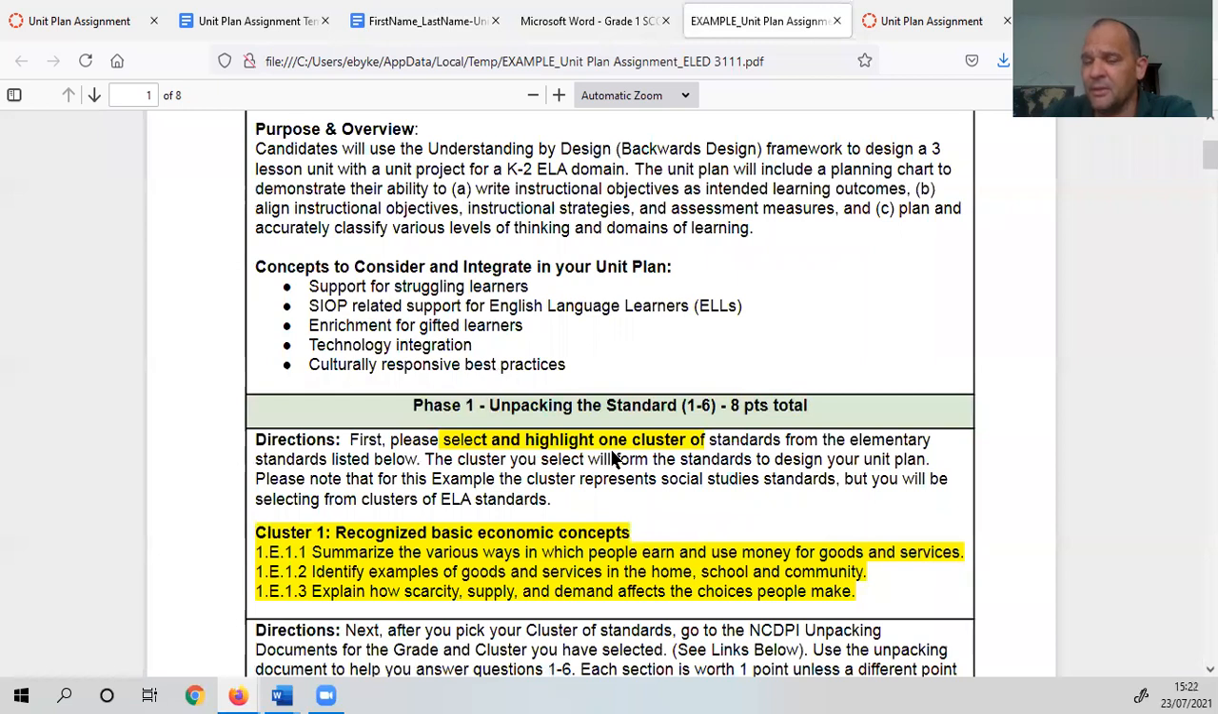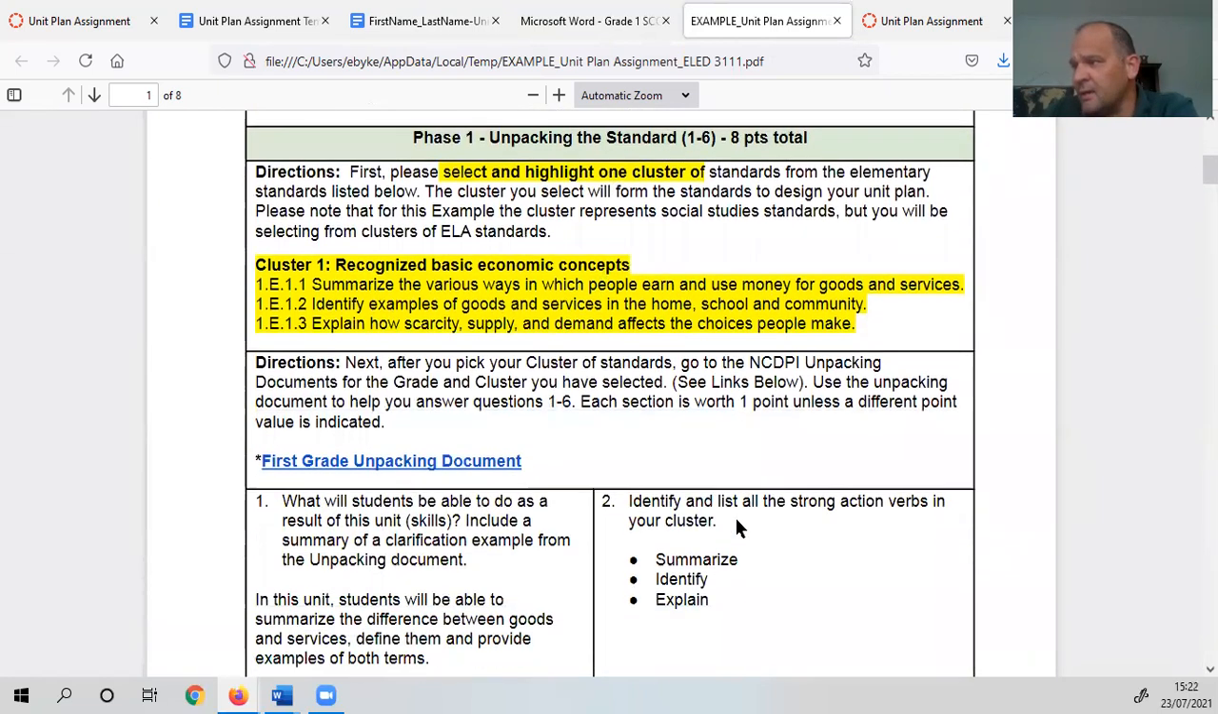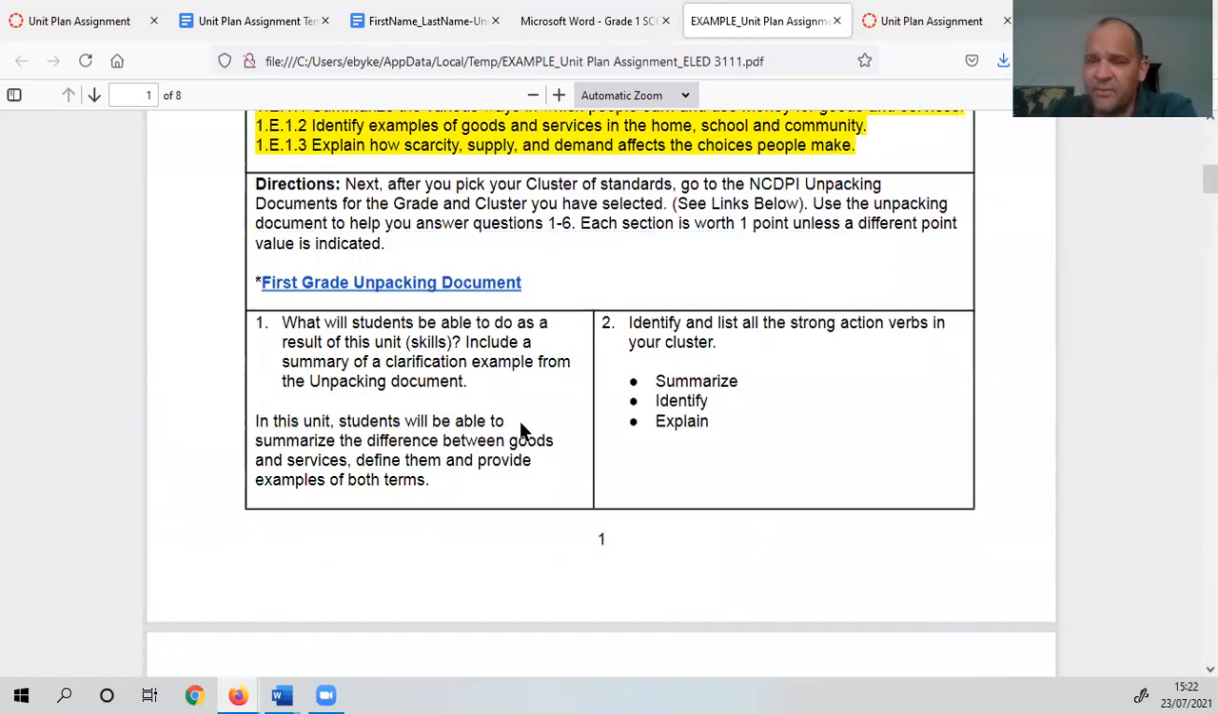Now, when they did their unit plan, it was on social studies standards. You aren't doing social studies standards. You'll be doing English language arts standards. So just use this example as a way to kind of look at the details, the language, how the student crafts the unit plan. But let's just take a look at this first phase, which is using the unpacking document